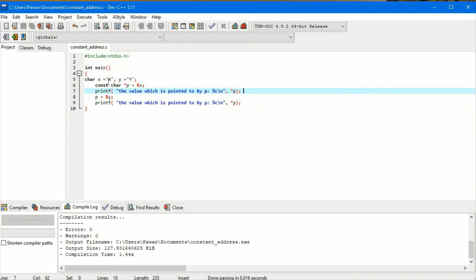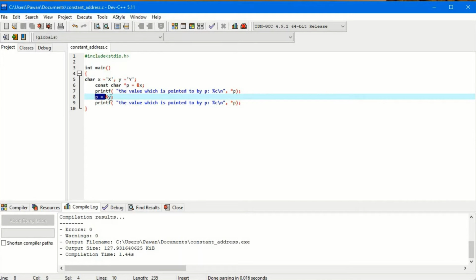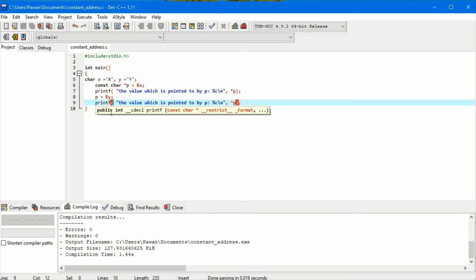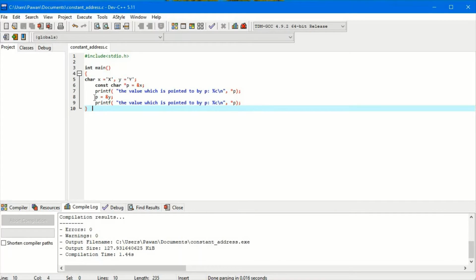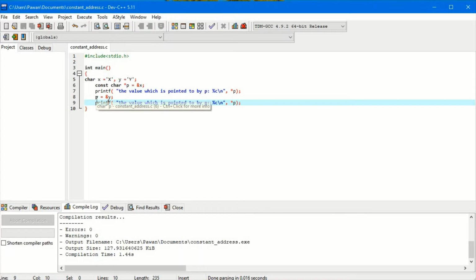The value of x is capital X. After that I am using the statement p equals address of y. Remember guys, here we are not changing the value, we are changing the address itself. So we are assigning the address of y to the pointer variable p. So now the address in p is changed, because the pointer p is a variable.